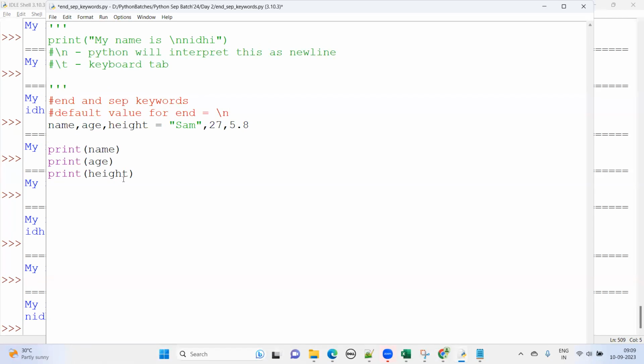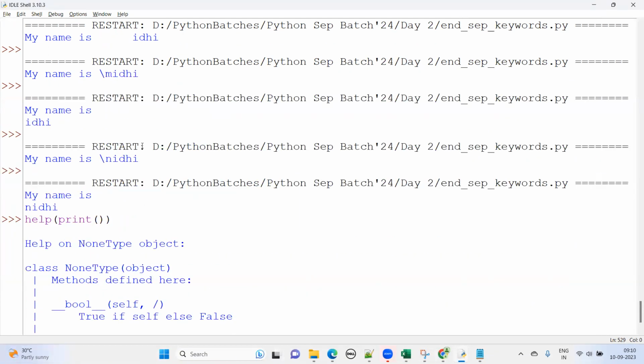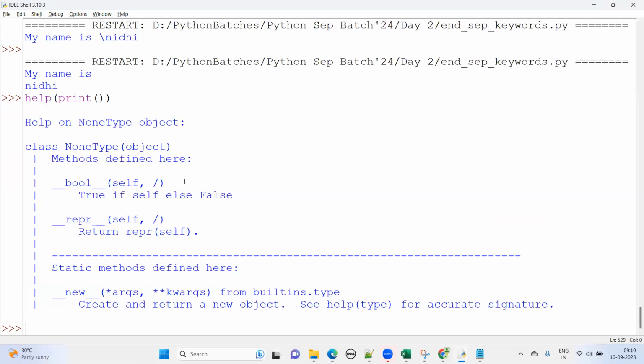So that is why this is the default value, guys. This is what is happening. That is why it is printing each variable in a new line. If you just see here, help and this print function over there. So if you see this guy here,